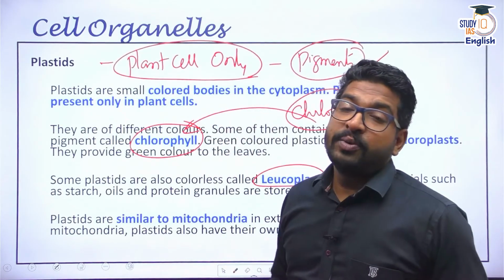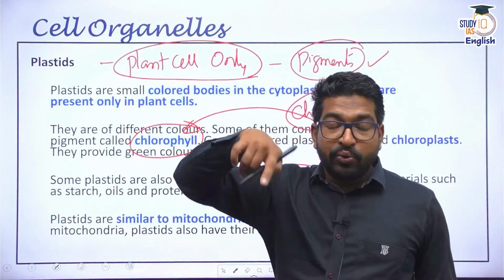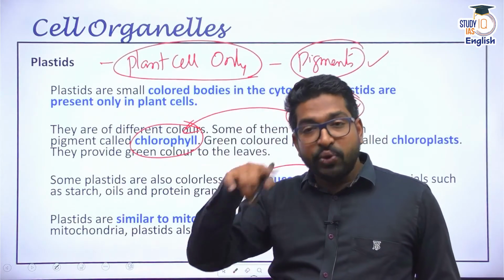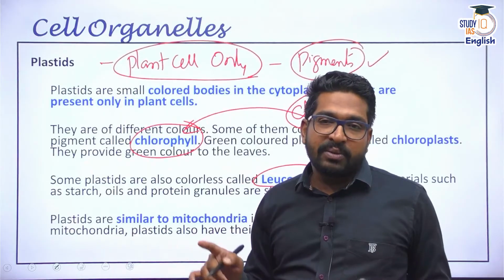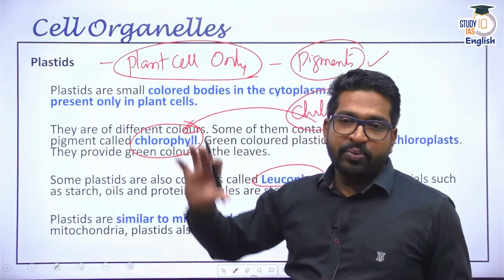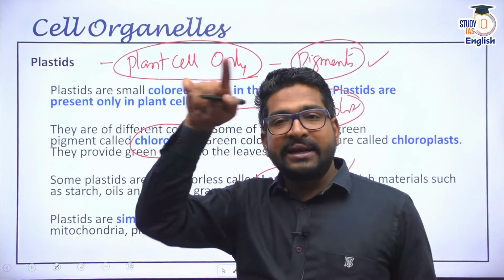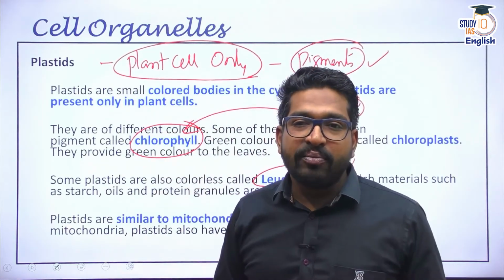Also, we spoke about prokaryotes and eukaryotes. In prokaryotes, nuclear membrane is missing, not the cell membrane. There is no nuclear membrane, so there is no true nucleus. The nuclear material is spread throughout the cytoplasm. But in an animal cell, the nuclear material is restricted within the nuclear membrane.